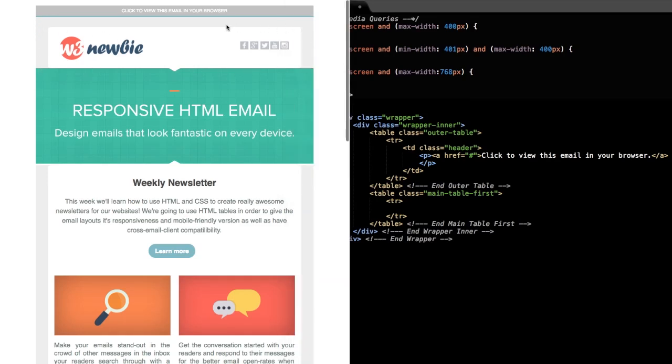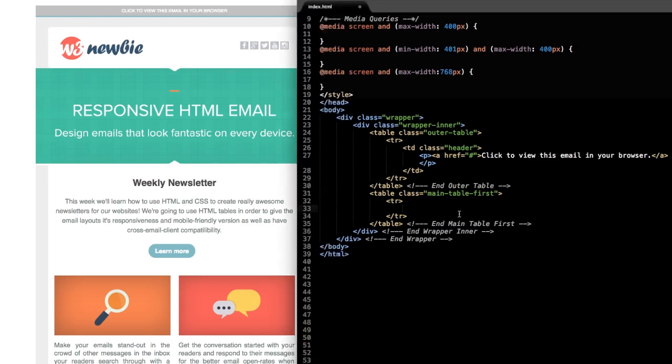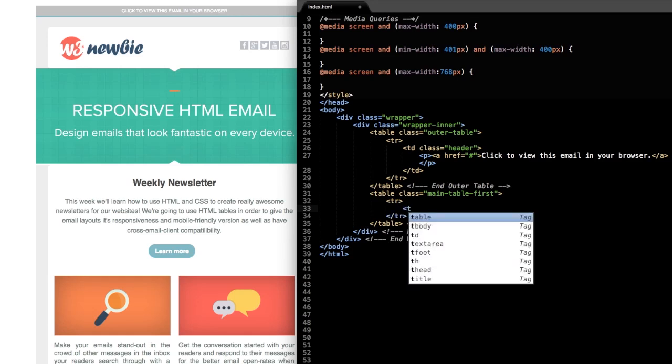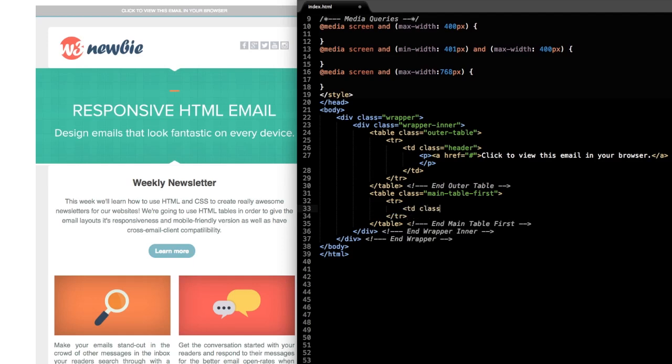So our table row will span the entire width there, and then our table data classes will be split up into two, one for each column. So just write TD class equals 2 dash column, and then you can close your table data class,